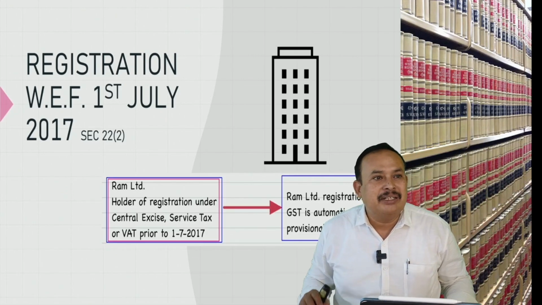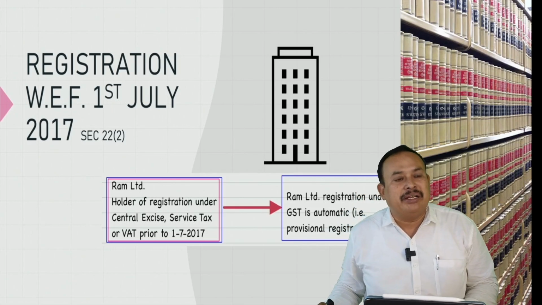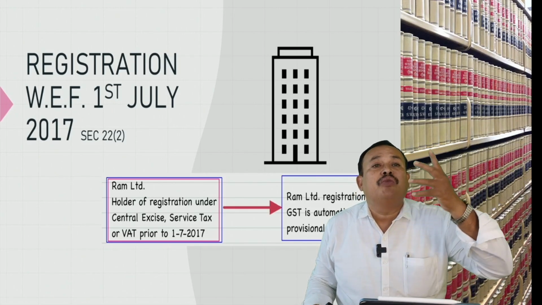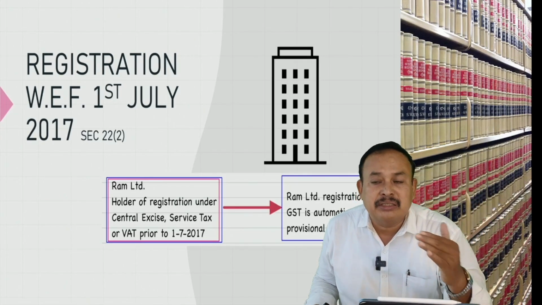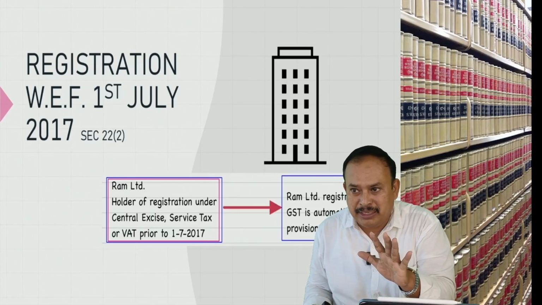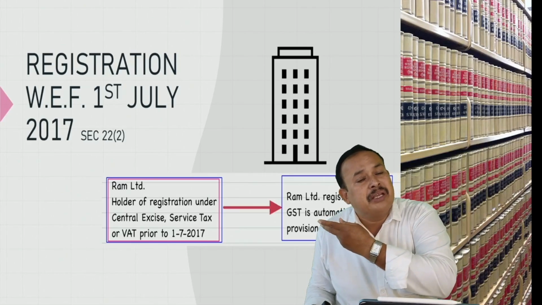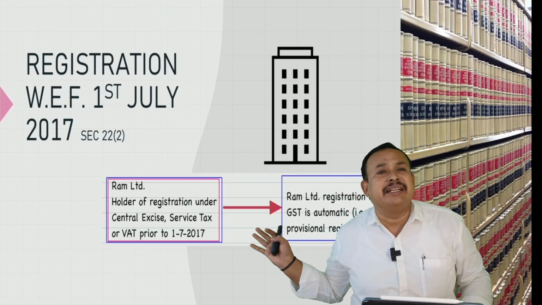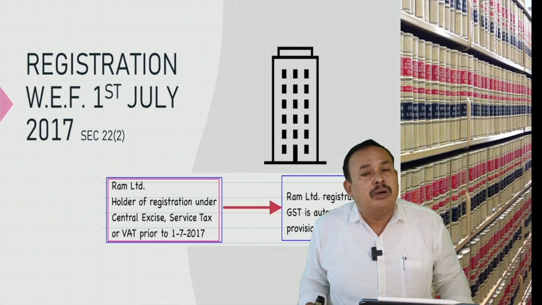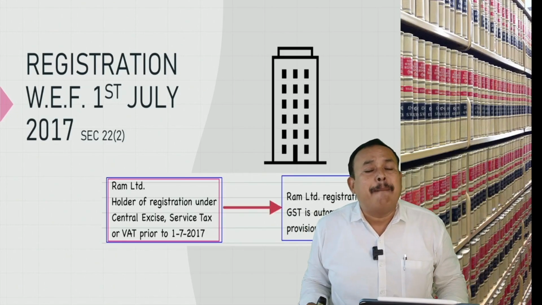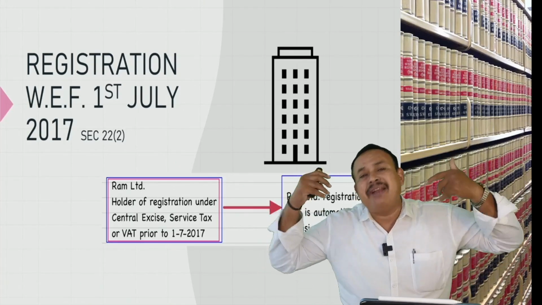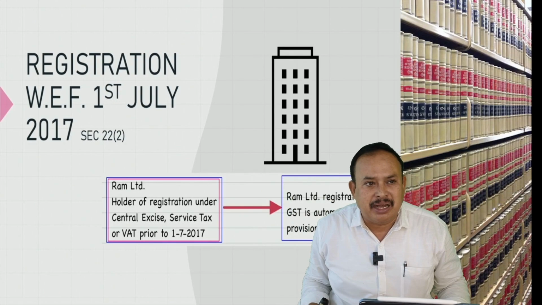You get my point, sir? See, understand my point. What I am referring to here is, for kind consideration, registration: for whom is it required? Threshold limit, if exceeded, go for registration. I covered that point. Now, here it is legislative history. It took place like that, when there were registered persons under the indirect tax laws prior to GST law. For them, registration under GST was made mandatory at that time. Is it clear? Further,